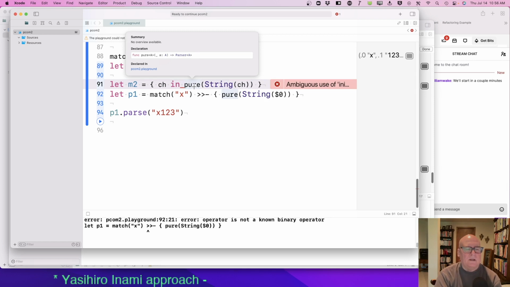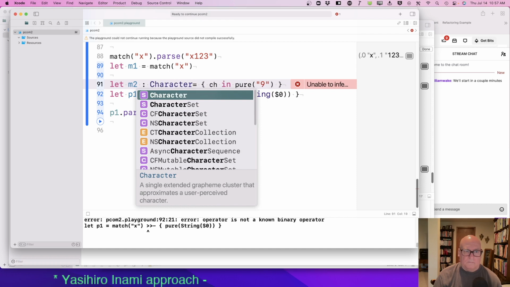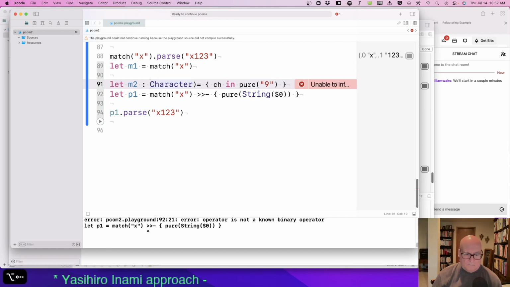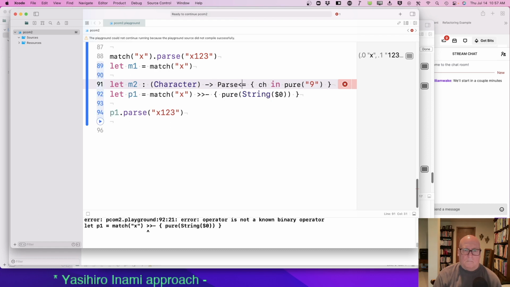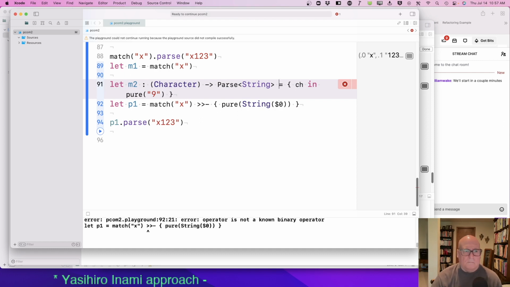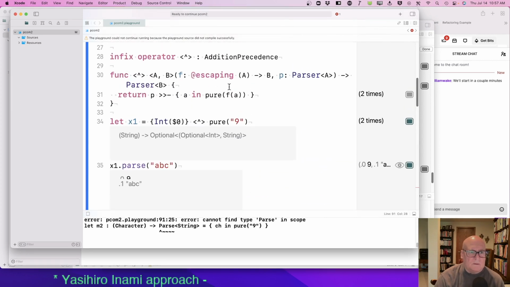Pure takes a value of type A and produces a parser of A. So if I pass in a string, gotta find type parser.